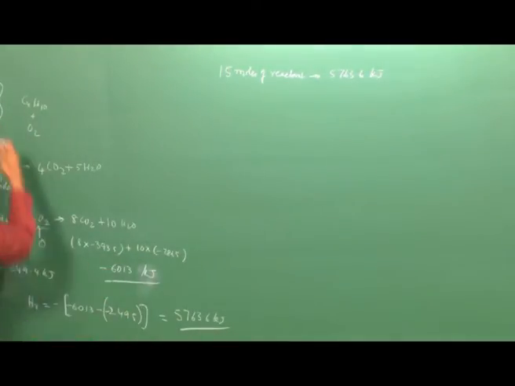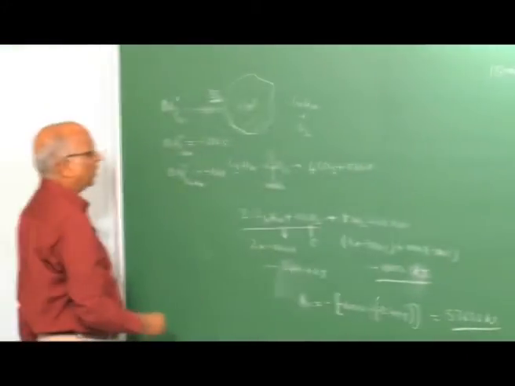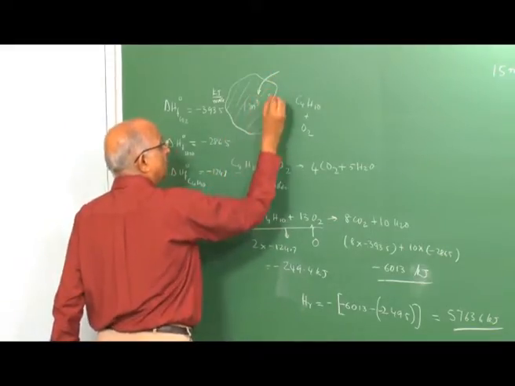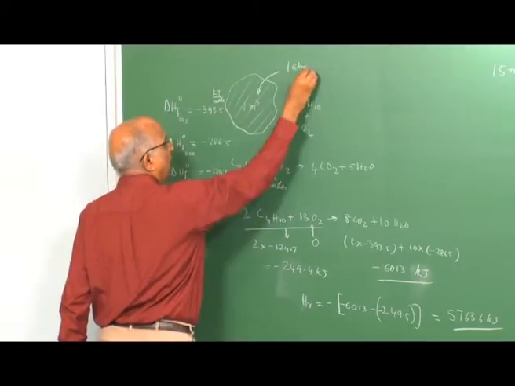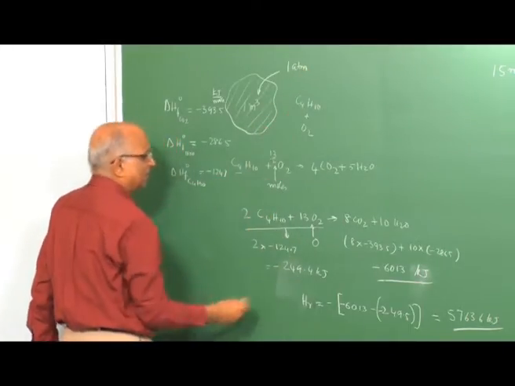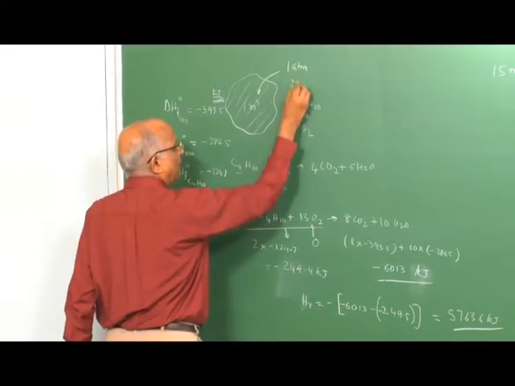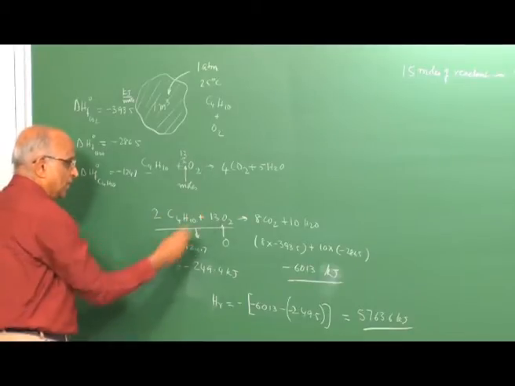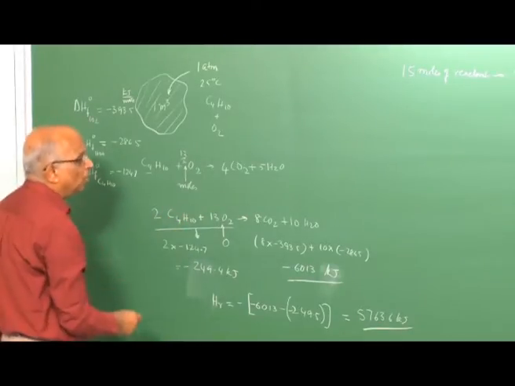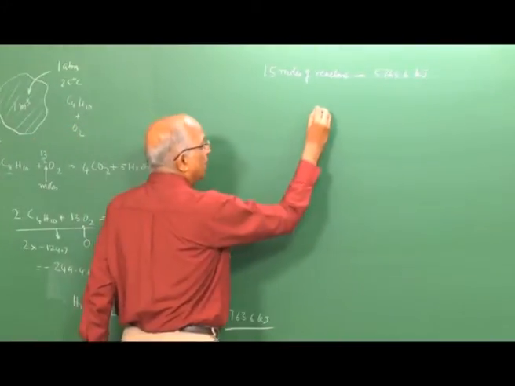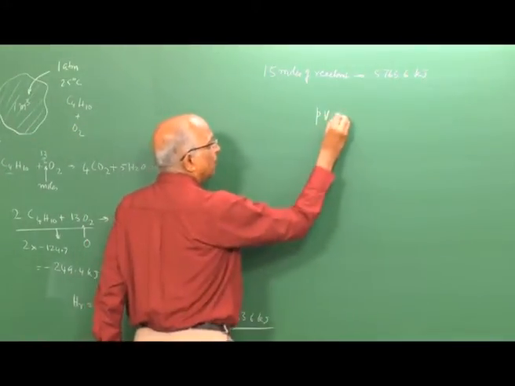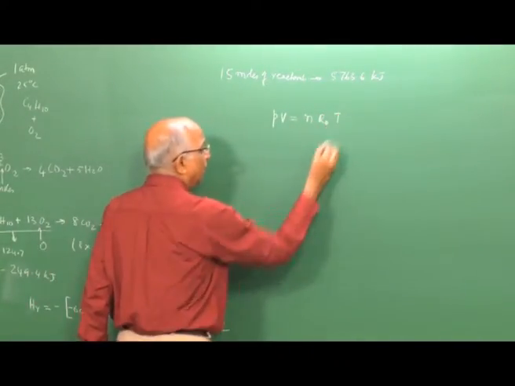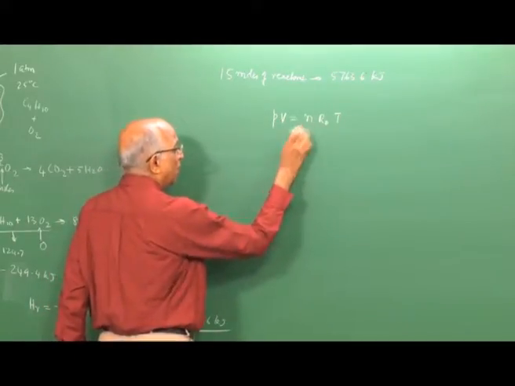Now, how many moles are there in 1 meter cube? There are 2 ways of doing. Had I given the initial pressure of this volume as, let us say, 1 atmosphere, and we also told all these things are at the same standard condition, 1 atmosphere and 25 degrees centigrade, I can now write, assuming butane and oxygen as a perfect gas mixture, PV, pressure into volume, is equal to number of moles into universal gas constant R naught into T, and therefore, I can get the number of moles in this mixture.